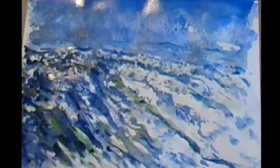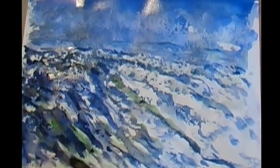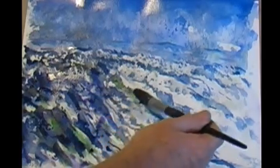There. Now finally, just to show you what I meant about the gouache, I'm going to turn off the camera just for a moment to prepare for the next painting, and we'll just put a little bit of white gouache with the sponge to get the foamy effect at the end. And I do want a little bit more warmth here, so I'm going to take some of that cobalt violet again. Just come in with a little bit of warmth into the